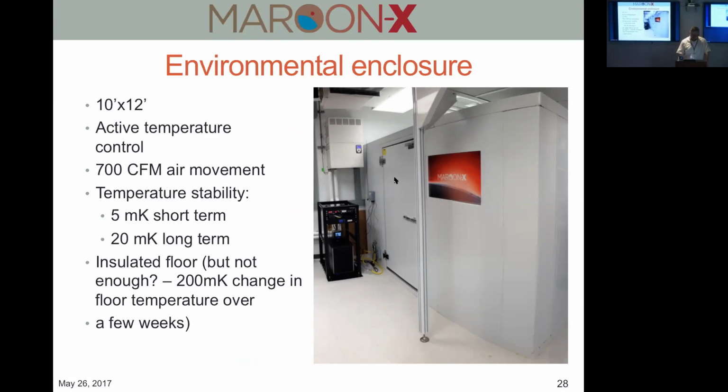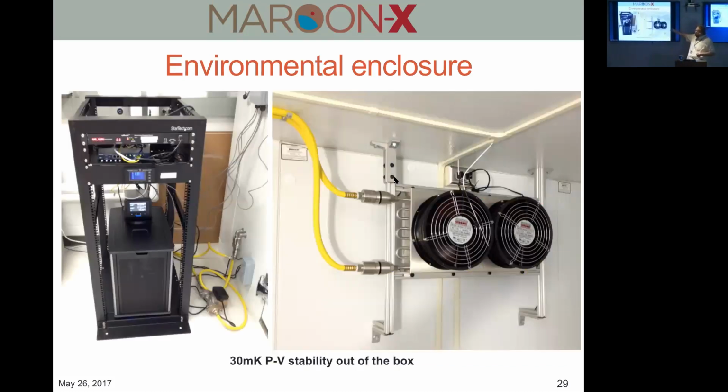So we basically chose to use a meat locker, literally a commercial grade meat locker, as our enclosure. It's a 10 by 12 feet enclosure, and we added an active temperature control. There is a temperature bath sitting outside, conditioning water. It goes inside, and there's a heat exchanger that basically controls the air temperature. And out of the box, without actually playing with the PID values, we get 30 millikelvin air temperature stability in that box. Unless you open the door, then this, of course,